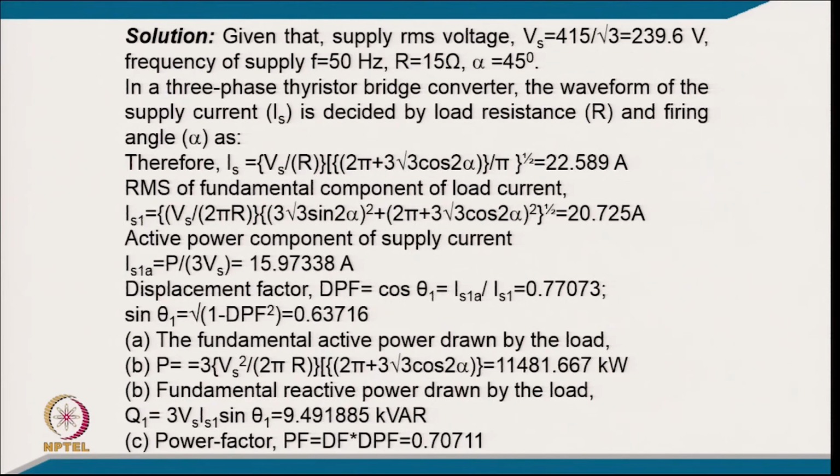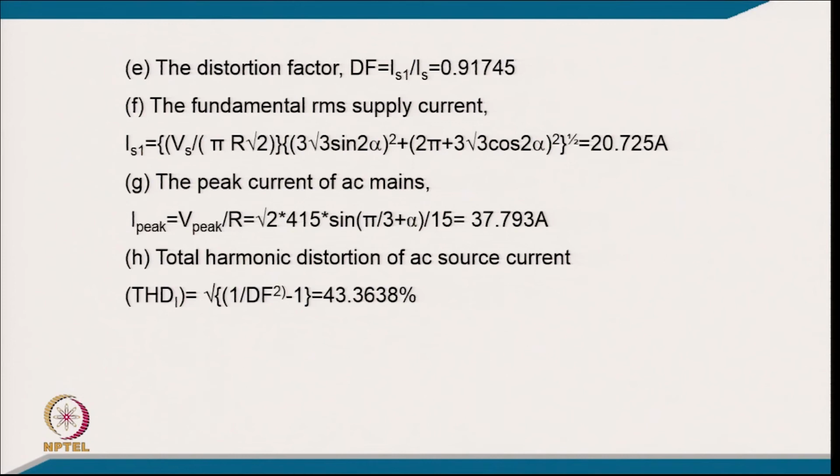Calculating from this, it will be 11,481.667 kilowatt, and the fundamental reactive power drawn by the load will be 3 Vs Is1 sin theta 1, which comes to 9.491885 kVAr. The power factor will be the displacement factor times the distortion factor; the displacement factor comes to 0.70711 and the distortion factor